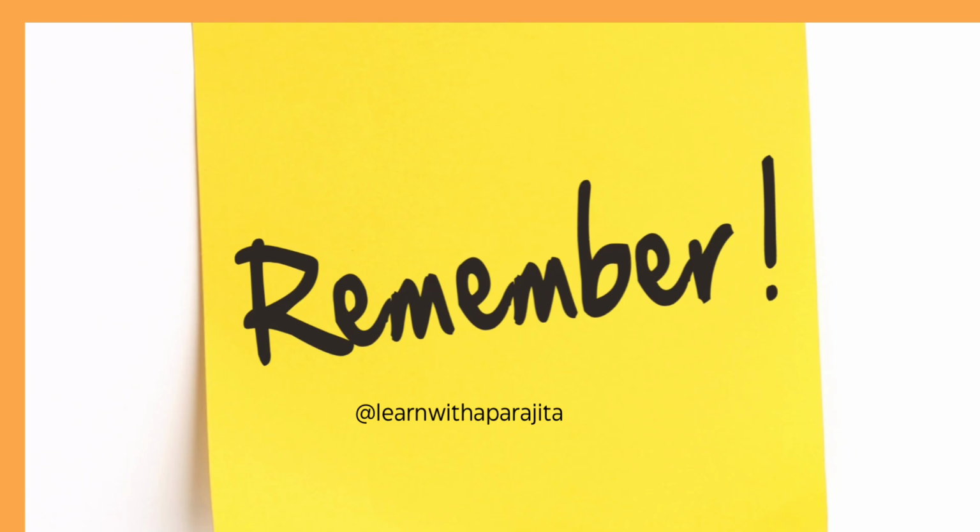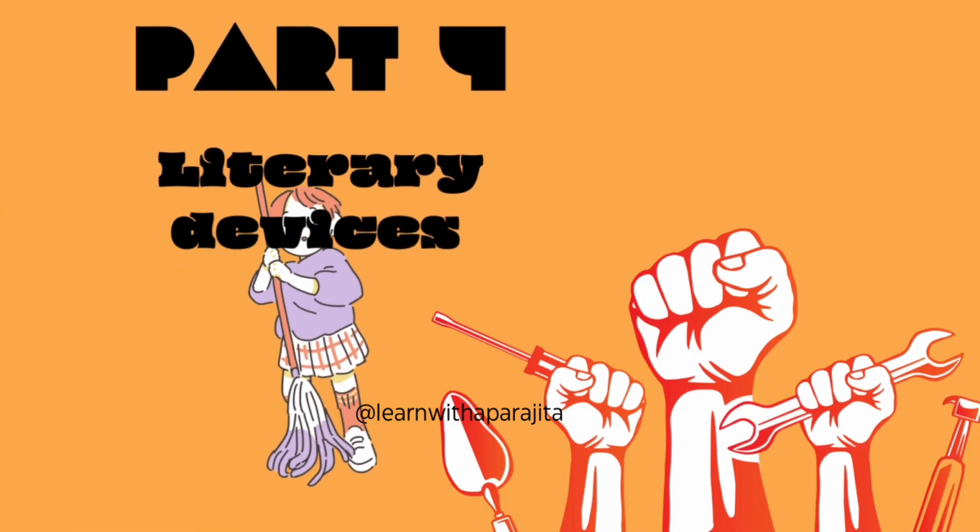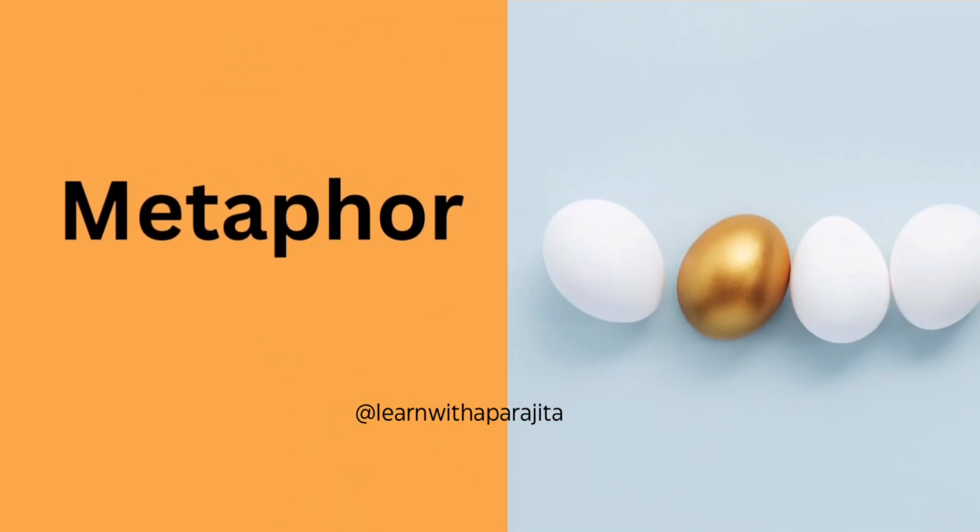Now, let's look at some literary devices used by Anees Jung in Lost Spring. Metaphor. The concept of garbage being compared to gold is a metaphor for the impoverished condition of Saheb and others like him who find value in trash as a means of survival.